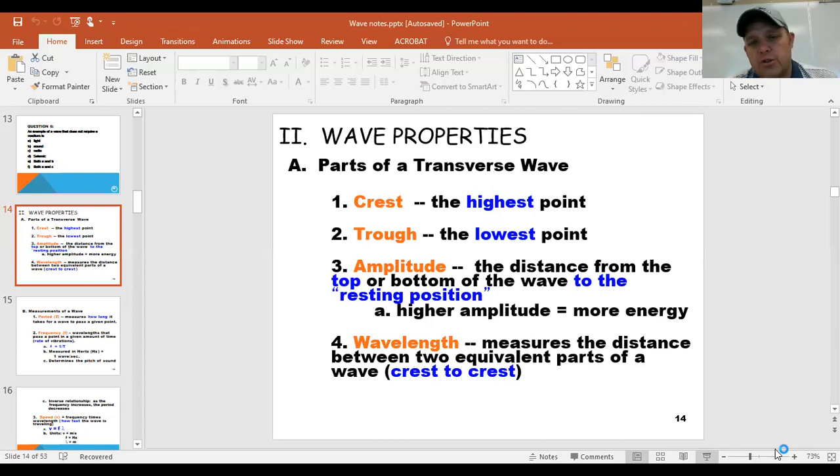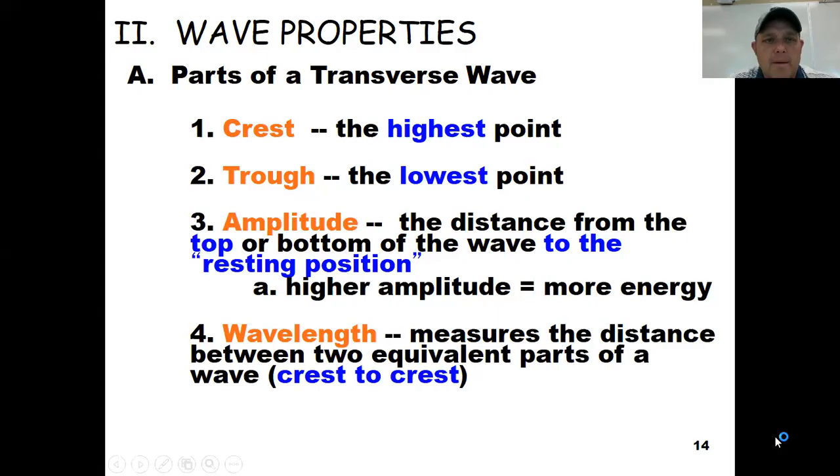So in a previous lecture, I did talk about these, but we're going to hit them a little bit more in depth today. So we're really going to look at a transverse wave. If you think about a transverse wave, that's the one that goes up and down. That's the one that we think about a lot when we think about waves. So number one, remember that we have the crest, and this is the highest point. The trough is the lowest point,